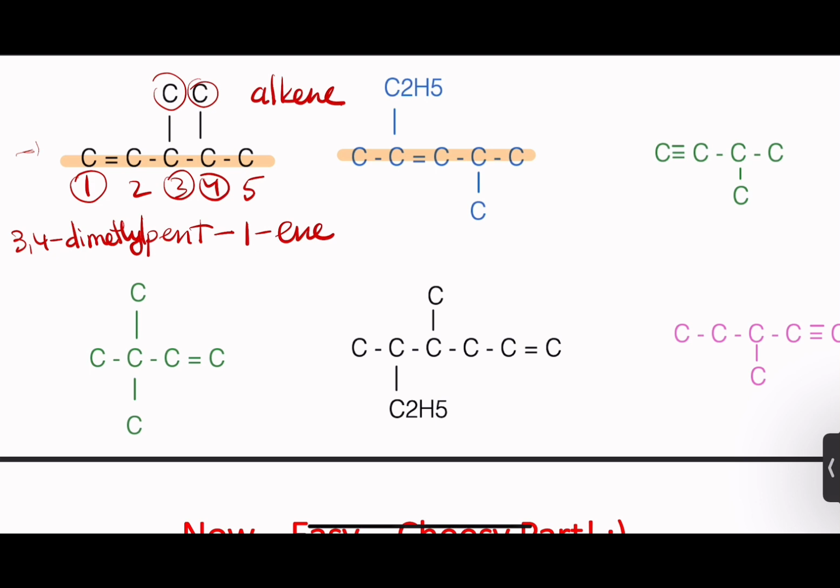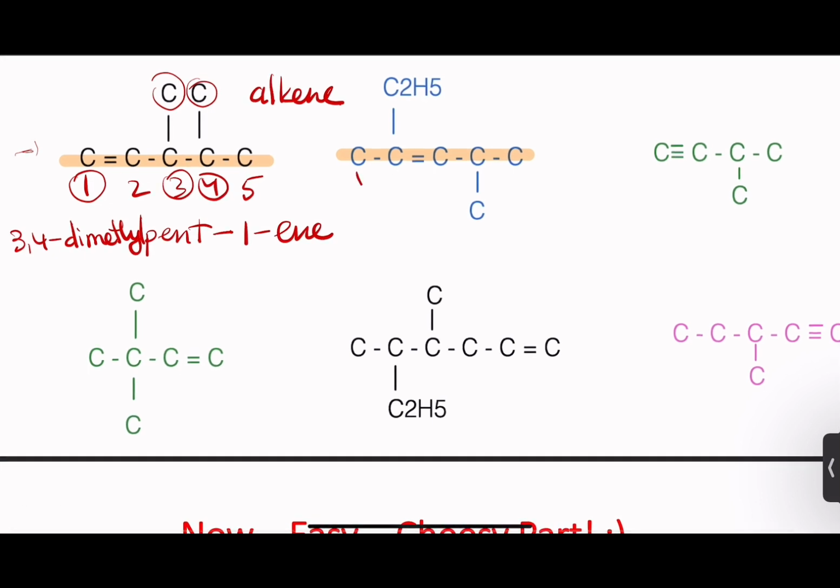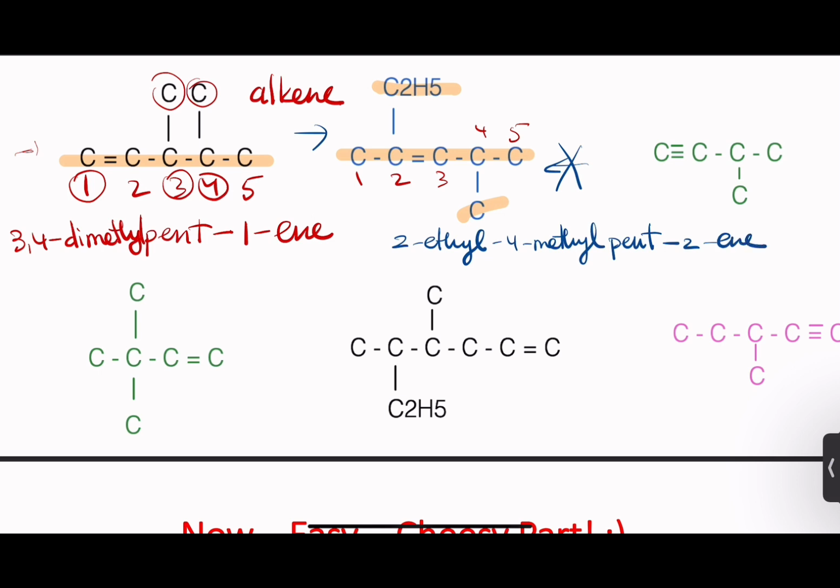And then for this guy, the longest chain is this. I start numbering closest to the double bond, which would be 1, 2, 3, 4, 5. I wouldn't go from here, okay? This is not where I'm gonna go. I'm gonna go from left to right, because this is where the double bond is closer. And then this is ethyl, and this is methyl. So in here the first one is ethyl, because alphabetically ethyl, E, comes before M, so it will be 2-ethyl, 4-methyl,